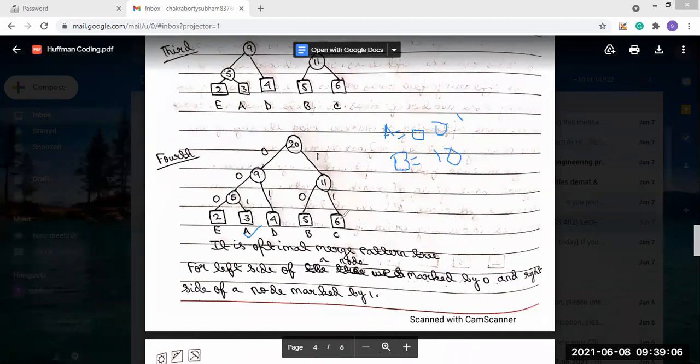Same as that, what will be the C value? 1 1. Yes, C value will be 1 1. Then D value will be 0 1. And E value will be 0, 0, 0, 0.